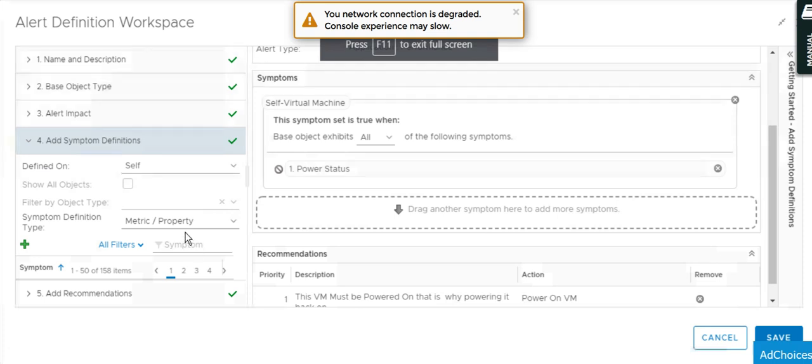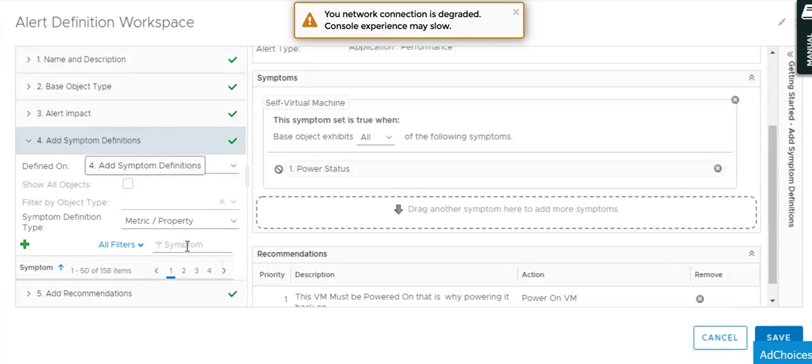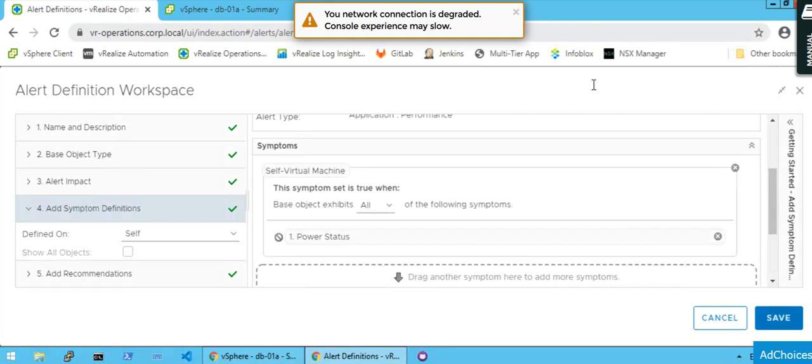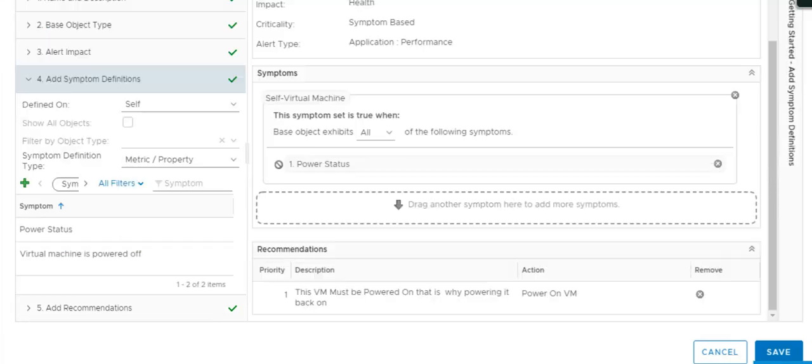To add it, you need to click on Add Symptom Definition, then go to the filter icon and type power. This screen is a bit short, let me maximize it. Just a minute. As you can see, after filtering, the power status came up.